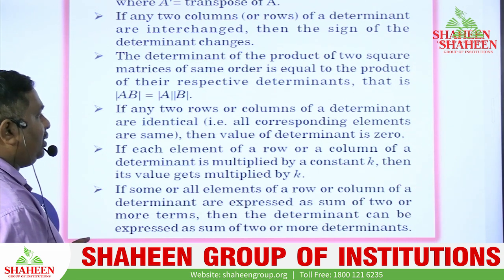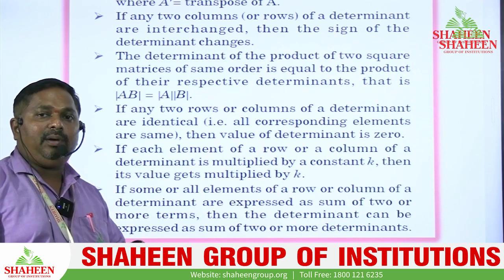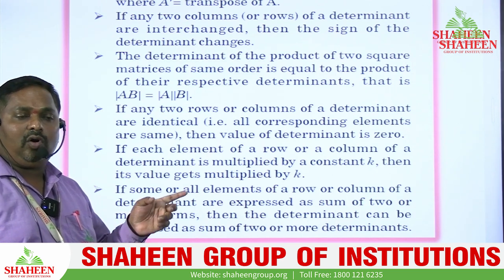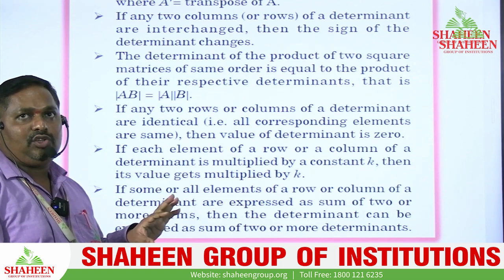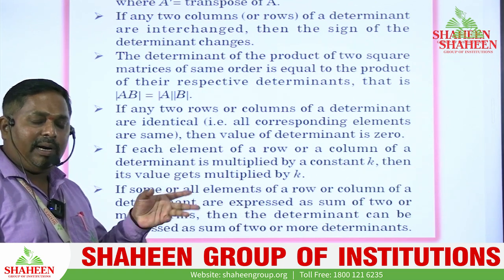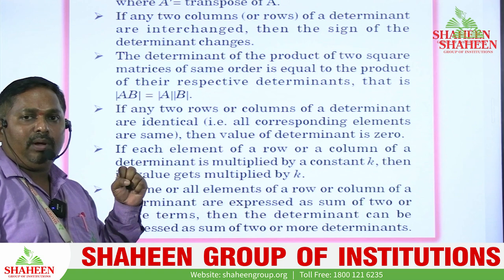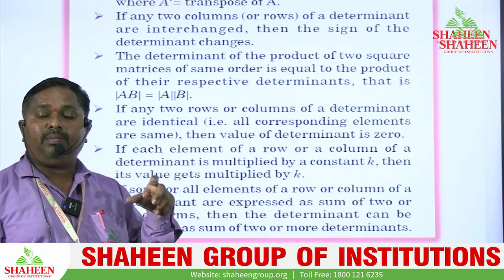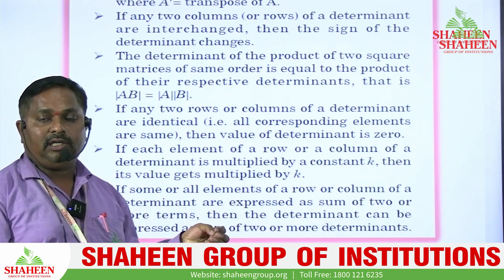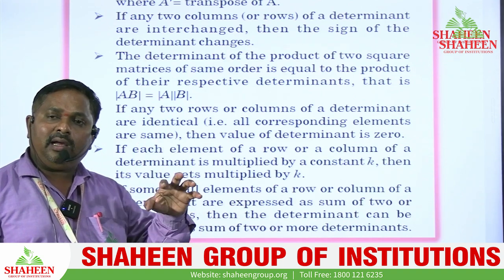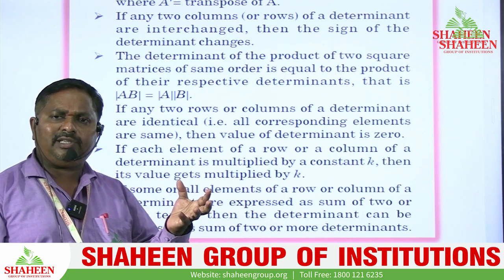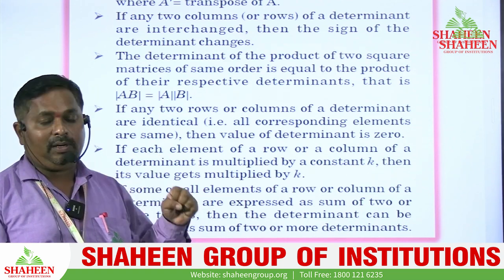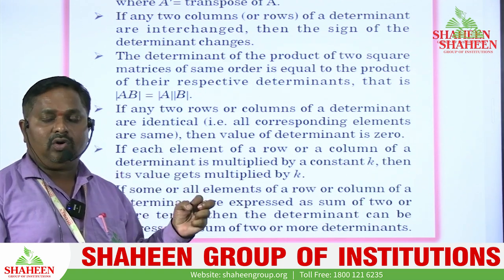मैट्रिक्स में ऐसा नहीं होता है. मैट्रिक्स में every element must have a common multiple in the matrix. Okay, then we can take it common outside, but in determinant is not like that. If any one of the row having common multiple, then we can take out of the determinant. मैट्रिक्स में सारा एलिमेंट, जितने भी एलिमेंट है मैट्रिक्स में, सारे एलिमेंट का कॉमन मल्टीपल होना चाहिए, देन वी कैन टेक दैट कॉमन आउटसाइड.